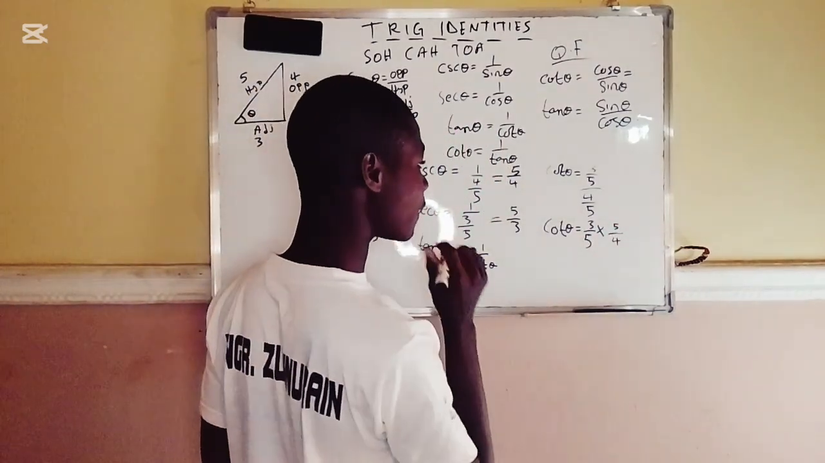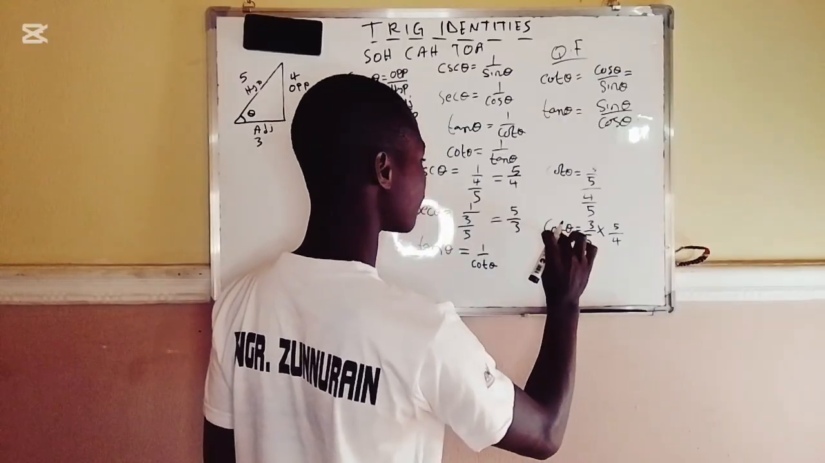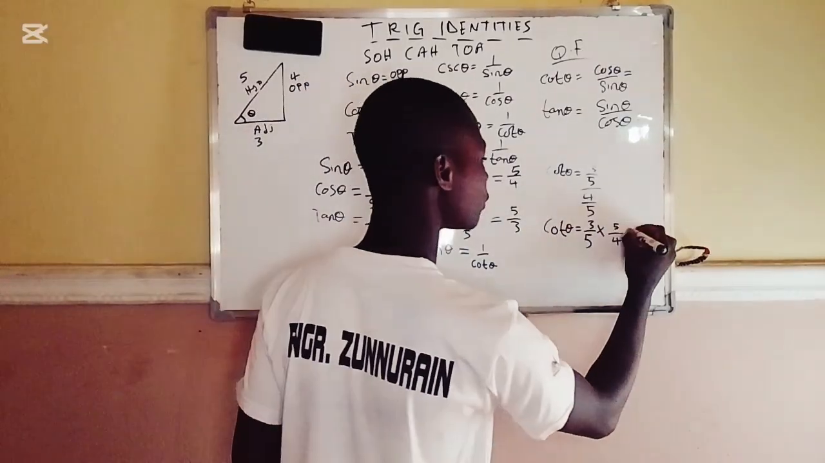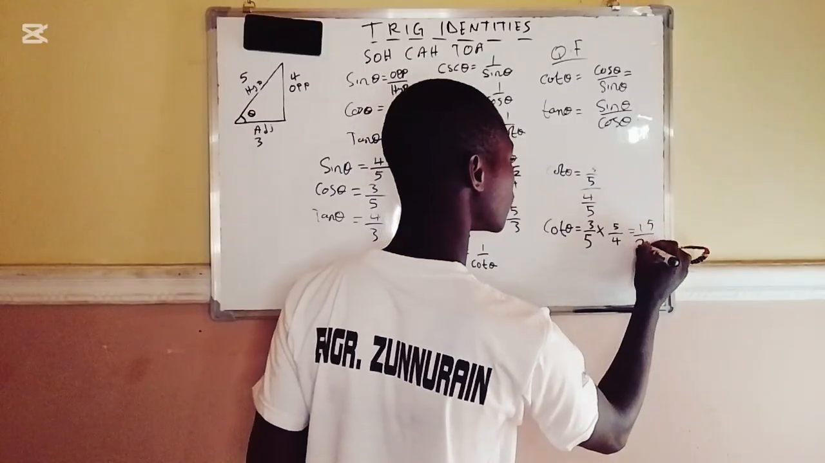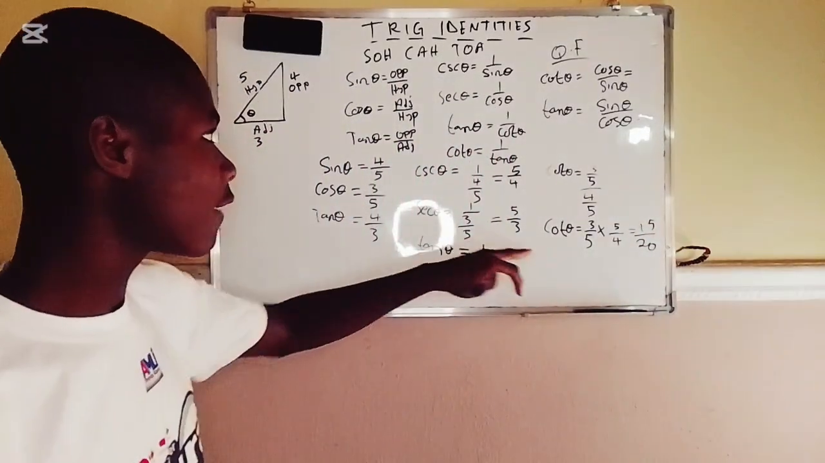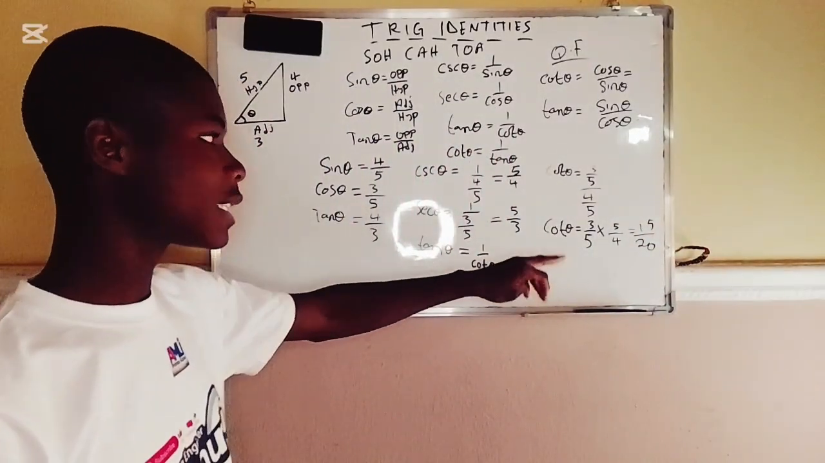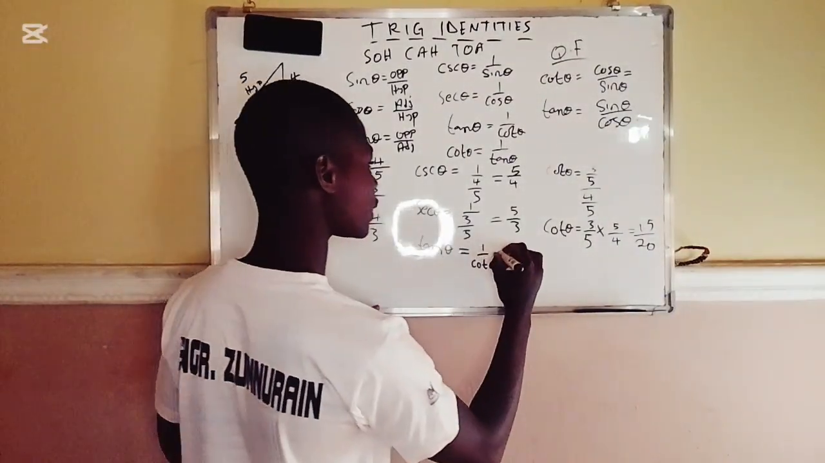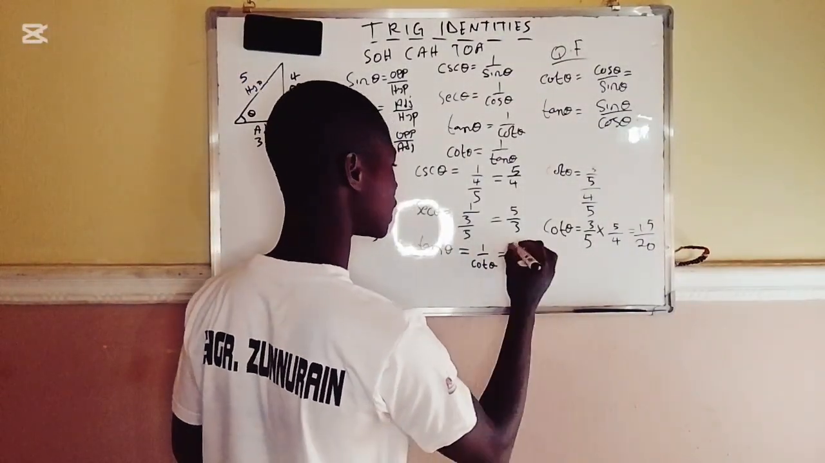So therefore, if I say 3 multiplied by 5, it will give me 15 over 20. So therefore, this is the value of cotangent theta. So therefore, it will become equal to